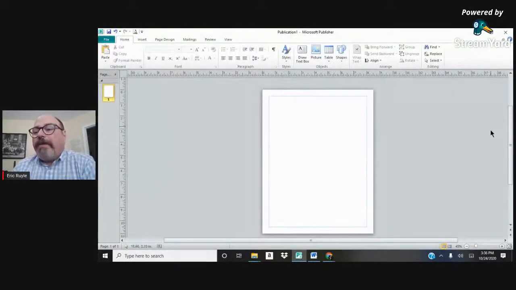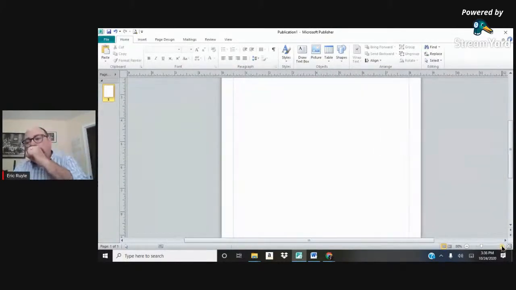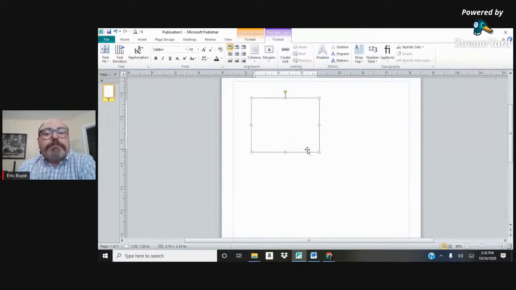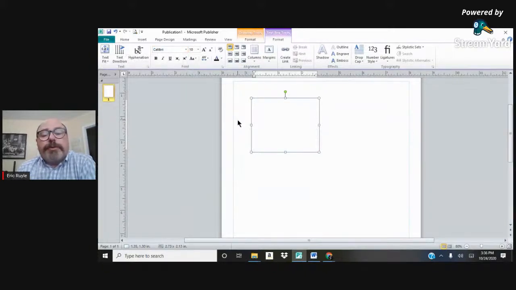Now, how this ties in to my first clinic is that when you're working on a computer, you can have different fonts. So I can go in through here and get a text box. I can have all these different fonts, and you can add fonts to your computer. On Chromebooks, you cannot. It has its set ones on there. And yes, you can kind of buy some, but you can never really buy the rhythm font.